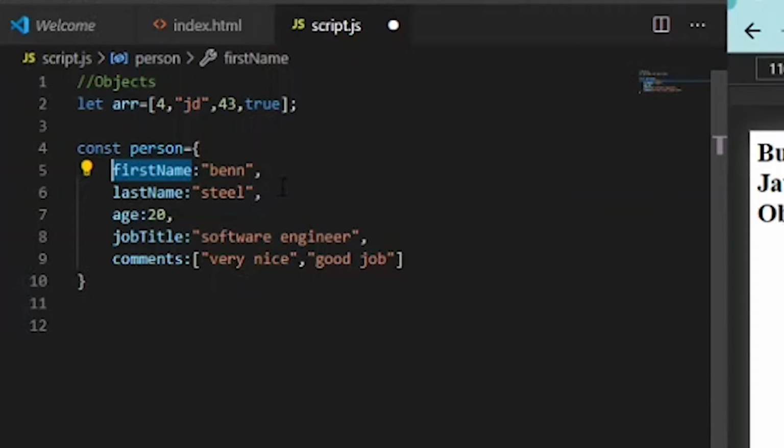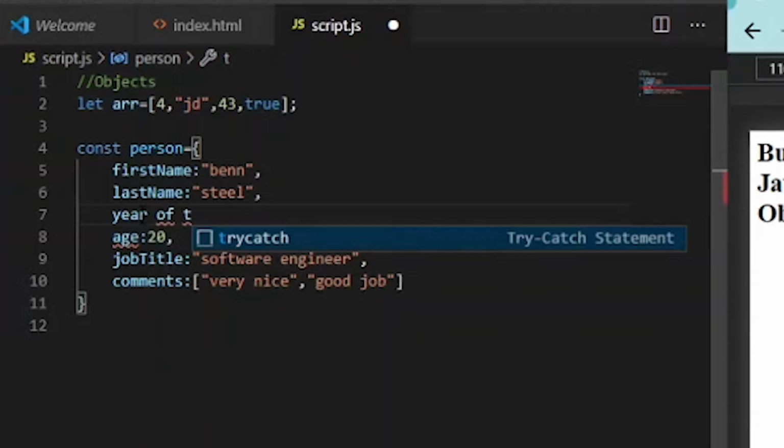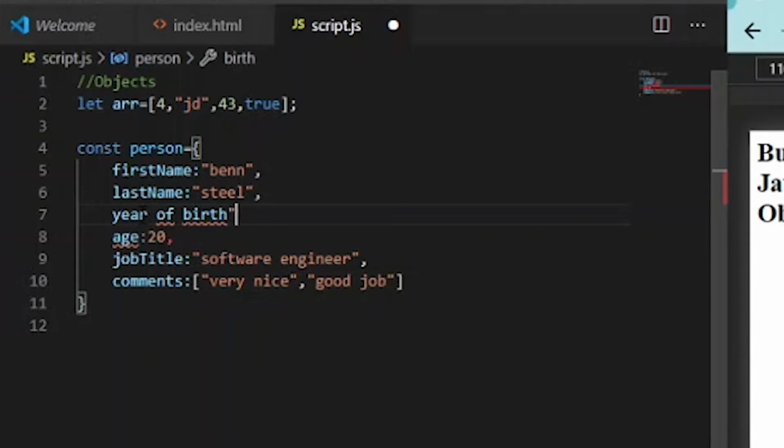But if you write something like year of birth, you should write it in quotes because it's not one word.